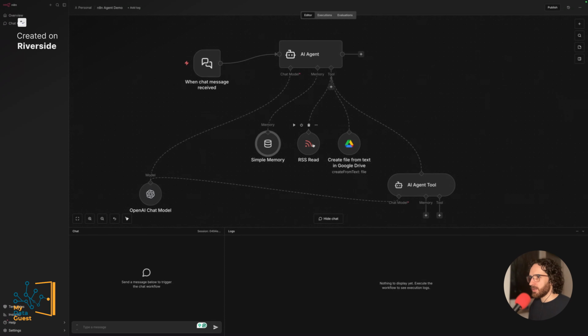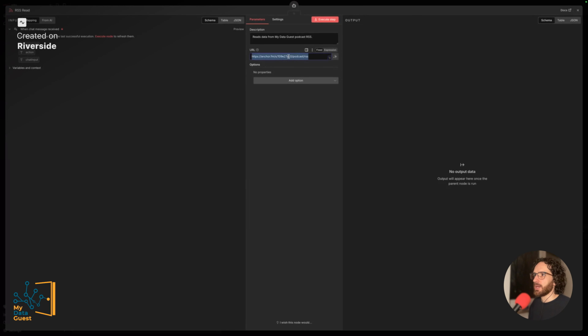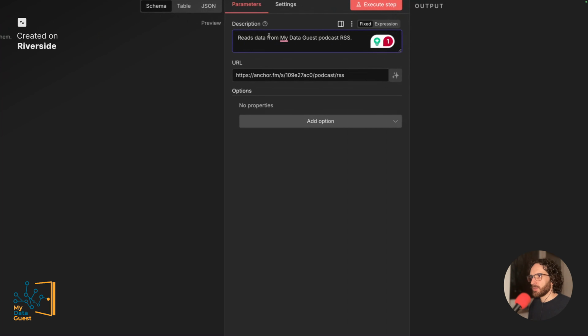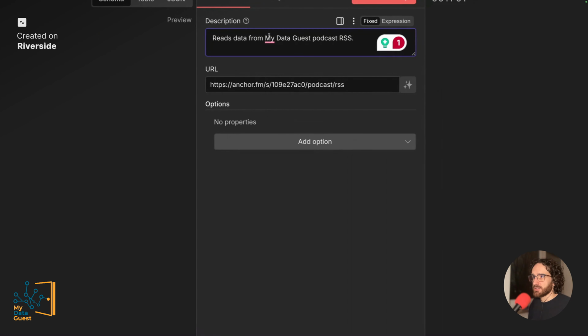All right, in the RSS feed tool, we simply have our RSS link. And also in this case, we're providing a description for this tool. The description in this case is: reads data from my data guest podcast RSS. The description is something really, really important whenever you work with tools. It doesn't matter if you use n8n or LangGraph or CrewAI. You need to provide a description because the LLM or the agent needs to know what to look at,